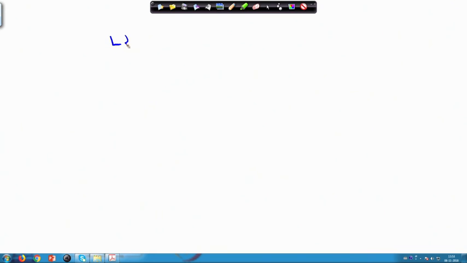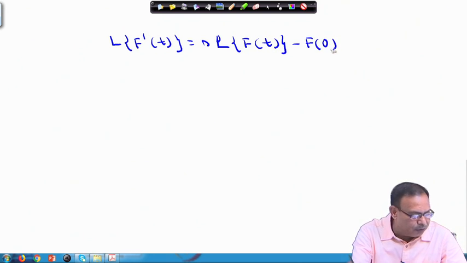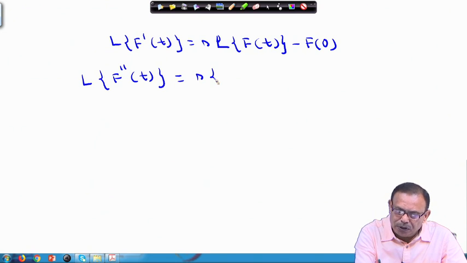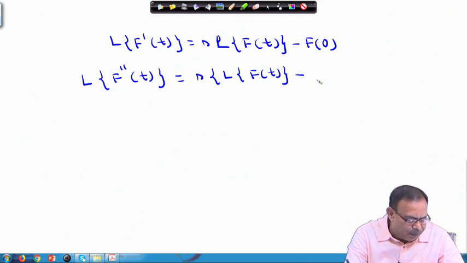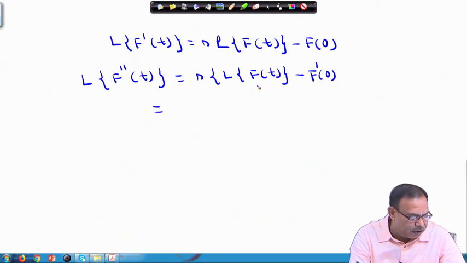One thing I know, already we have proved Laplace transform of f dash t. This is equals s into Laplace transform of f t minus f 0. So, this we already know. From here, if you apply again, what will be Laplace transform of f double dash t? It should be s into Laplace transform of f t minus f dash 0, because f 0 is replaced by f dash. Here in this we have replaced f by f dash, your f dash is the function. Again Laplace transform of f t is known to us. So, we can write down s into,